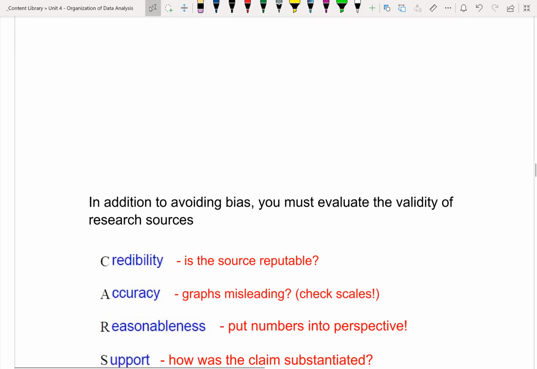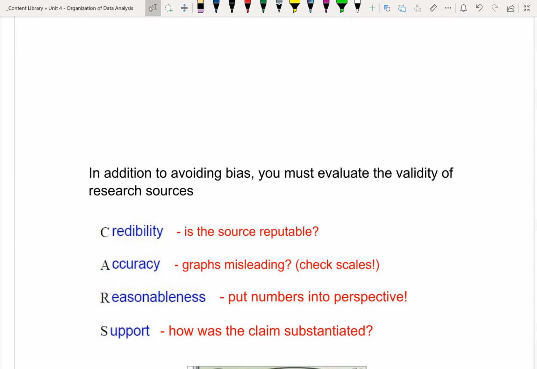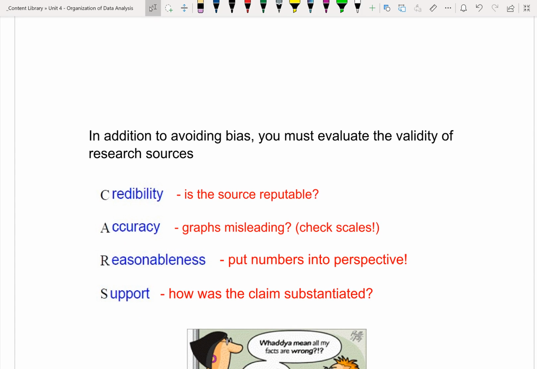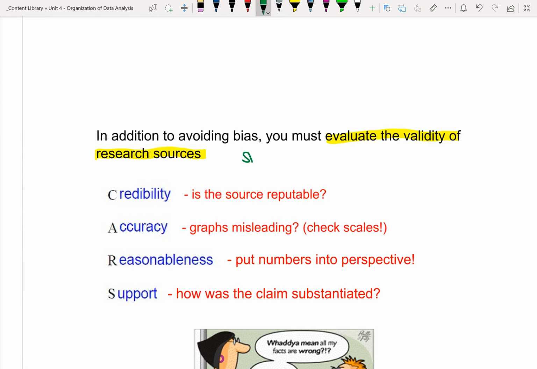Once you've done that, the other thing we can look at is, in addition to avoiding bias, you have to evaluate the validity of research sources. So aside from looking at how we ask or survey specific things, we have to look at avoiding bias with our research or with secondary data. Right? So for example, if you're looking at something like Statistics Canada, you could argue that that's a fairly valid source of information,